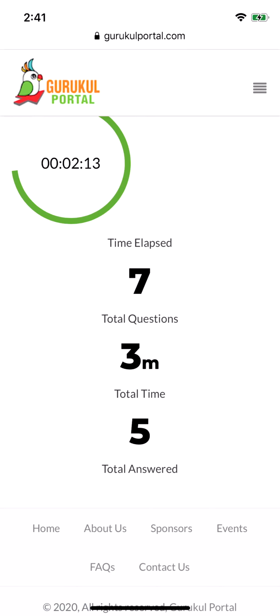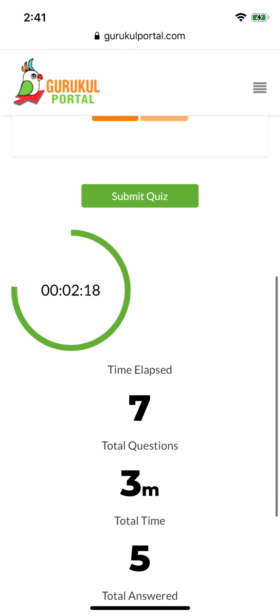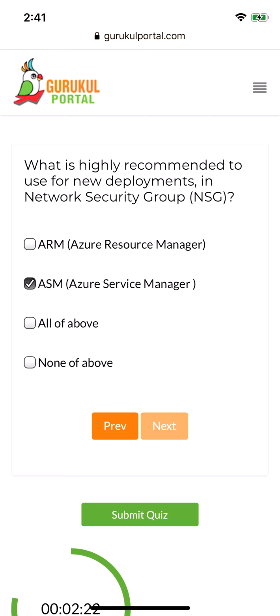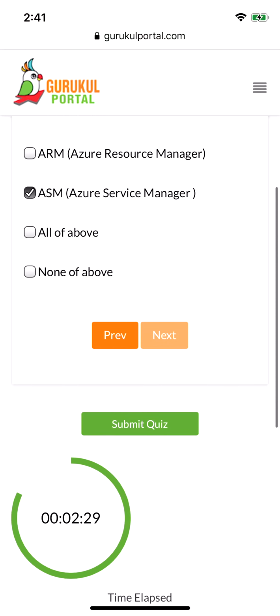However, since it's 5, this means that we've either missed a question or we've skipped it. In this case, we did skip a question. So if we go up, we can either go previous and answer the question, or if we want to purposely leave it blank because we don't know the answer and we don't want to guess, then we can simply click